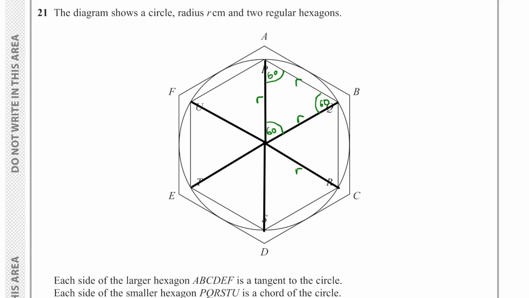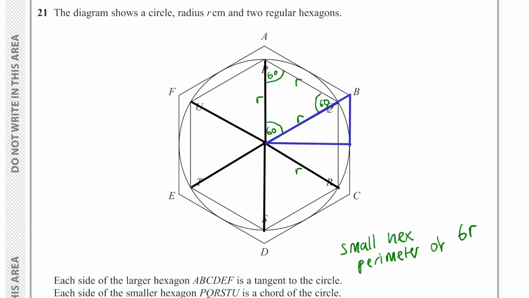So we've got another radius here. So it's r, r and r. So the small hexagon has a perimeter of 6 r's. 6 radii make the perimeter. How about the large one? How can we work out the perimeter of the large hexagon? So we are going to have to do something with this